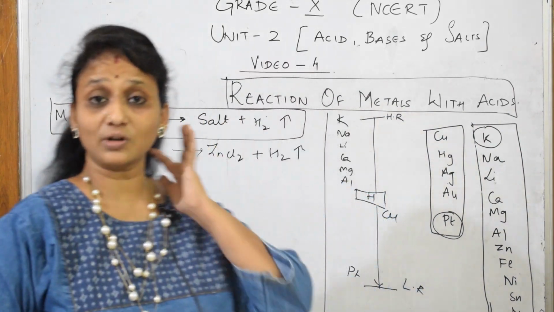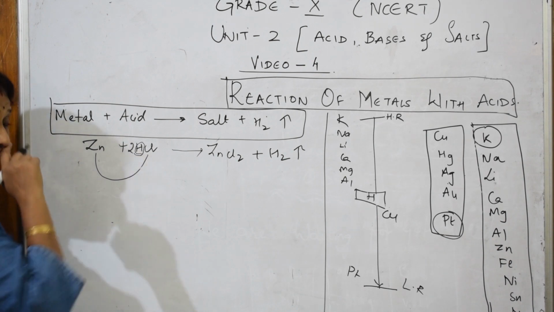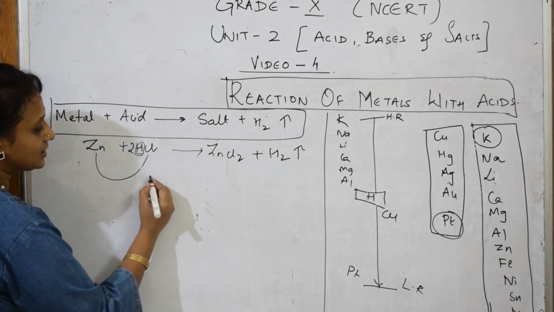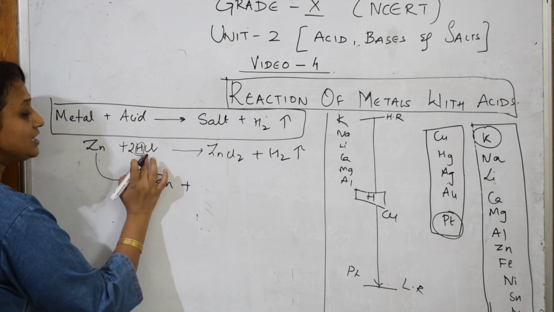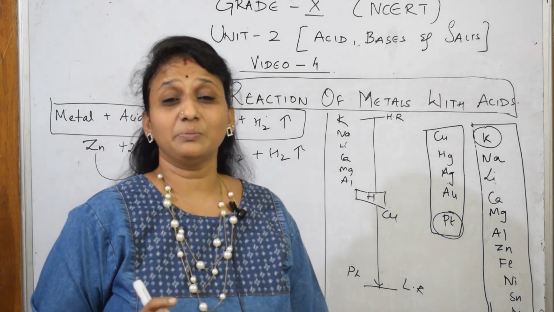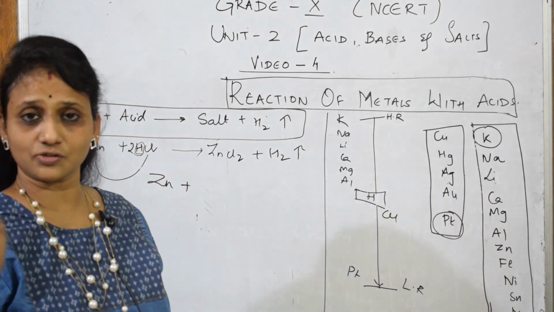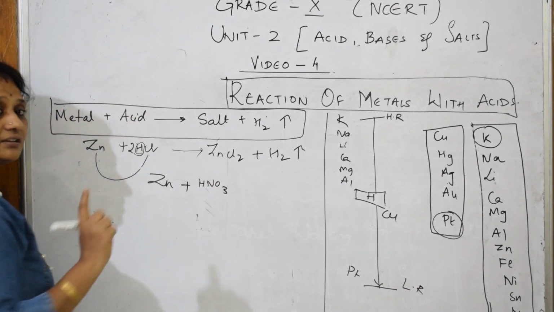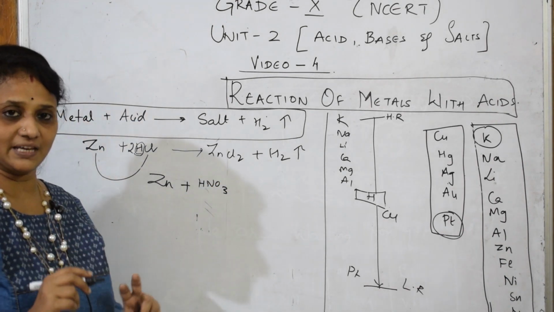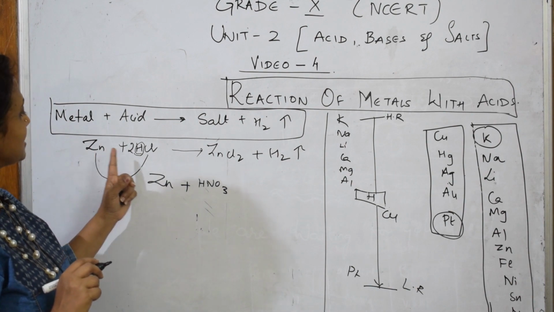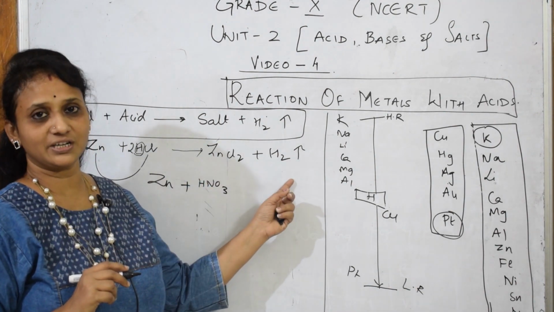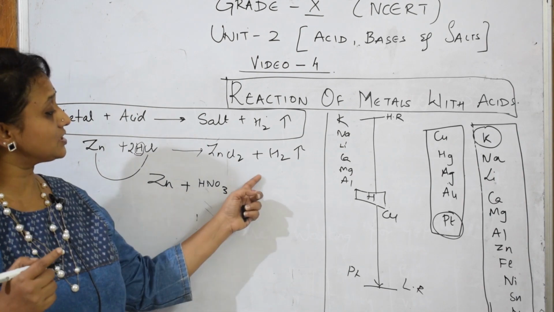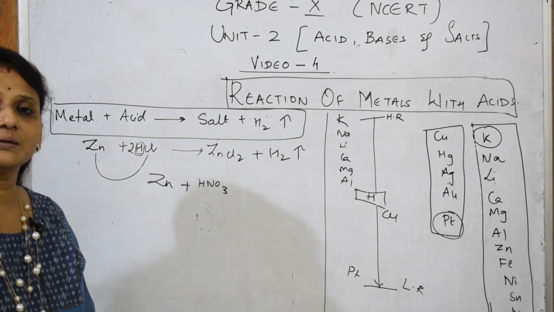Ma'am, can I test it with one more acid? Let's see that. Suppose in the exam, remember, same metal, if they give it, I'll write it here, students. Same metal, I'm writing instead of acid, because in chemistry there are n number of acids, weak acids and strong acids, correct? Suppose if I take nitric acid, this is where your examination question will be asked. Same thing. When you said, ma'am, metal plus acid gives me salt plus hydrogen gas, here also metal plus acid, this is nitric acid, this also should give me salt plus hydrogen gas. That is where the examiner questions you.